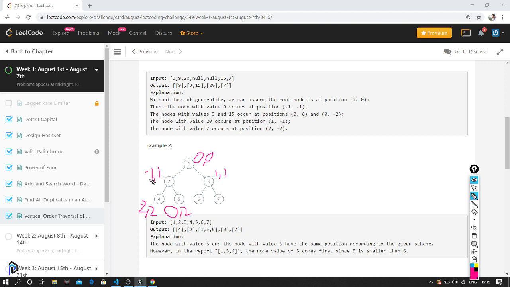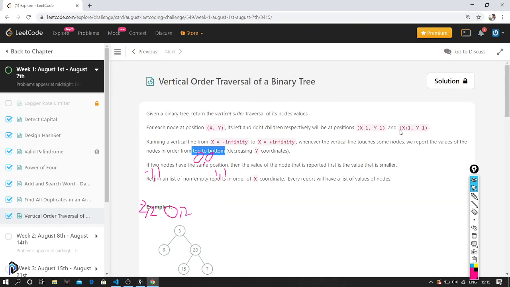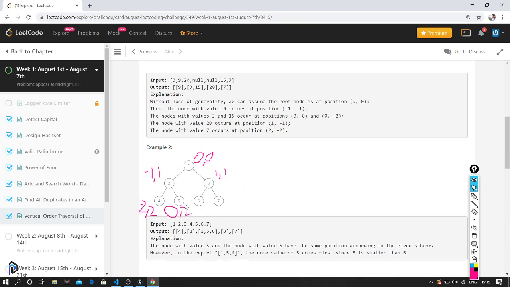Okay, do you get it? So every time we go to the right, we increment it, right? Every time we are going to the right, we are incrementing the column value. Okay, that's the reason why it becomes 0, comma 2. So 0, comma 2 and 0, comma 0 are in the same column. So this belongs to the same column. Okay, this is how we are going to map. So we have to print them together. Whatever has the same column value, we'll print them together, in the same array. Okay, so that's how this works.